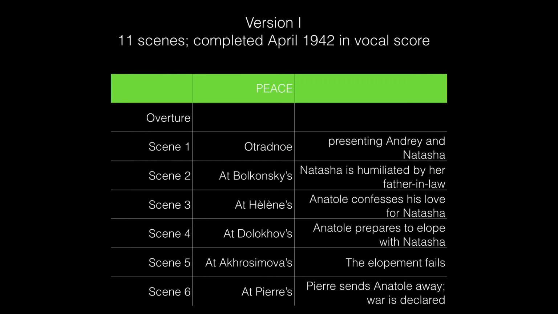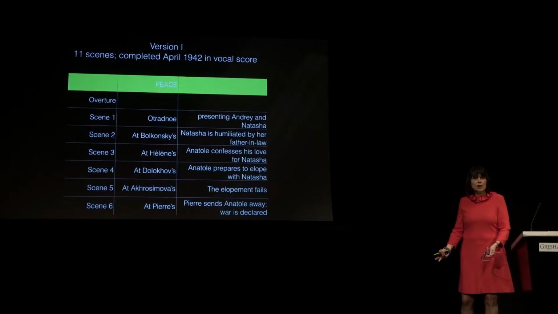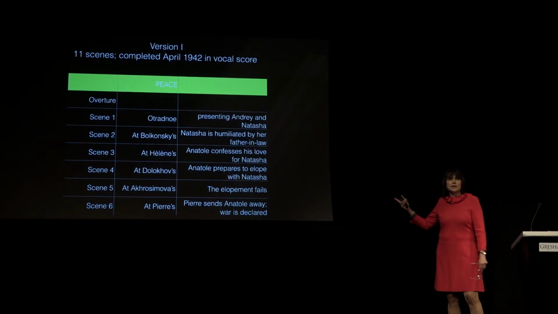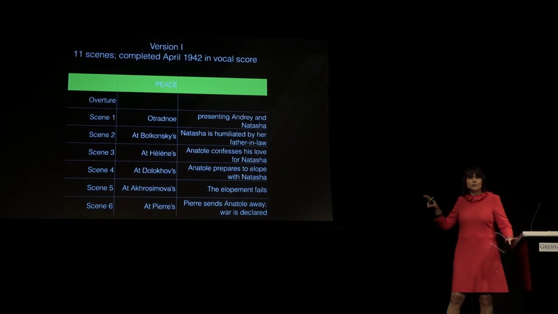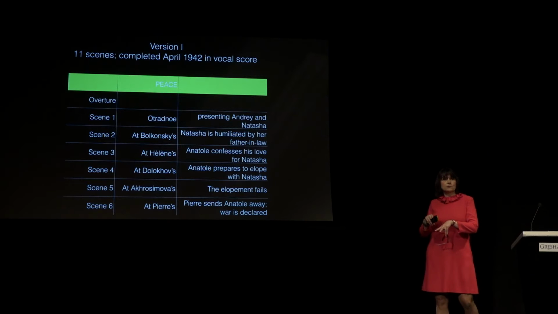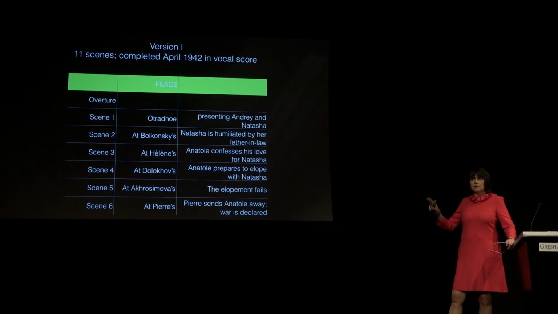So if you see in the first scene, for example, he's presenting Andrei and Natasha, and they don't yet meet in that scene. Andrei overhears Natasha wanting to fly, and he's very excited about this lively voice, this lively presence, and falls in love with her without actually meeting her. And then the moment of the meeting is not shown. And the next scene is already Natasha being humiliated by her prospective father-in-law. So the engagement is already on, but